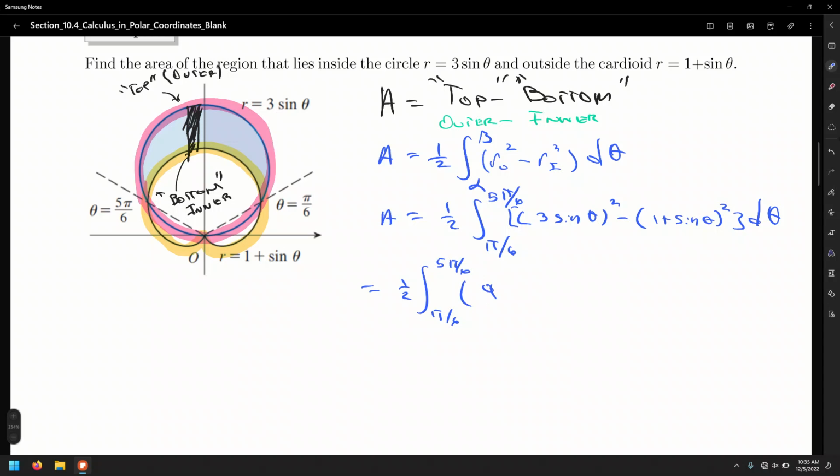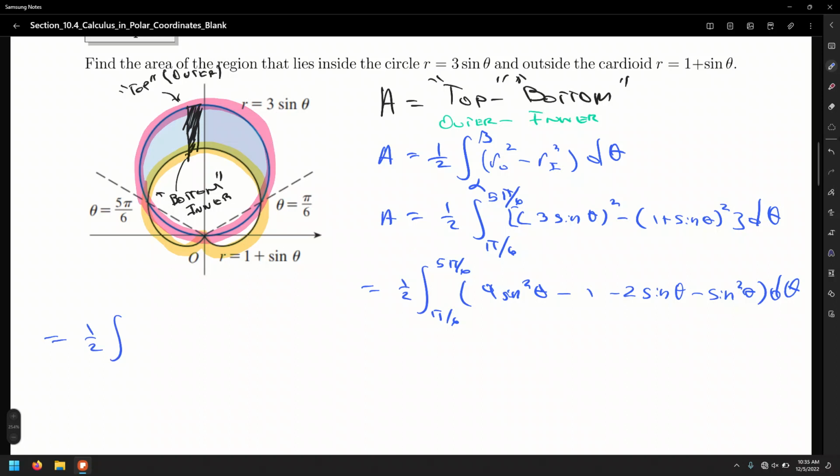And that's 9 sine squared theta. Squared is binomial, minus 1 minus 2 sine theta. I'm also distributing the negative as I square the binomial, and also minus sine squared theta d theta. And well, the most convenient thing to do here is to combine like terms. So we have a 9 sine squared minus sine squared. That's going to give us